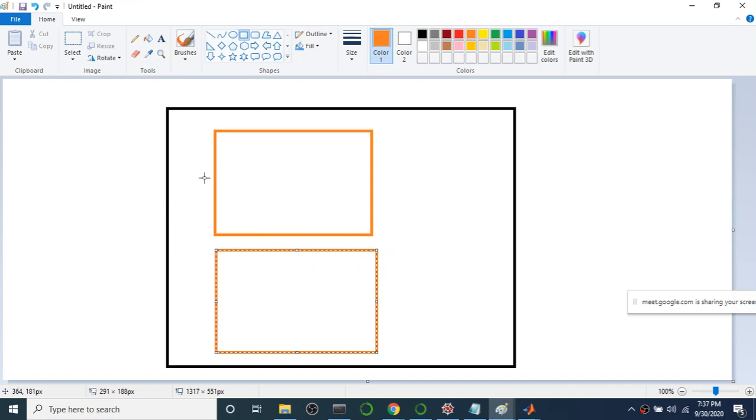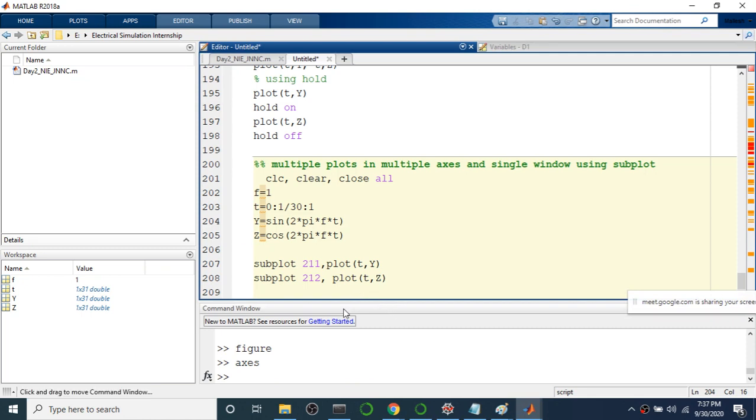So how to get this programmatically? You should write it as two rows and one column. This is the first axis and this will be your second axis. If you write 2 1 2, automatically the axis will appear here. Let me show that also. I'll create a new empty figure window.